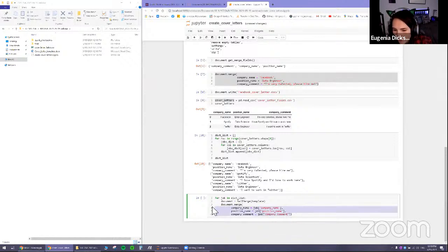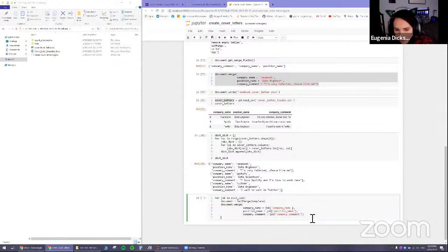So this will, just to make it pretty, document merge, and then we write a file. But we want each file name to be unique, and it'll show which company you're applying for. And when you send the cover letters, it should have your name and the file name, so that it doesn't get lost or the recruiter knows exactly who's sending the cover letter, right? So we will use embedded text in the file name, and let's say it's gonna say Jane Doe cover letter,